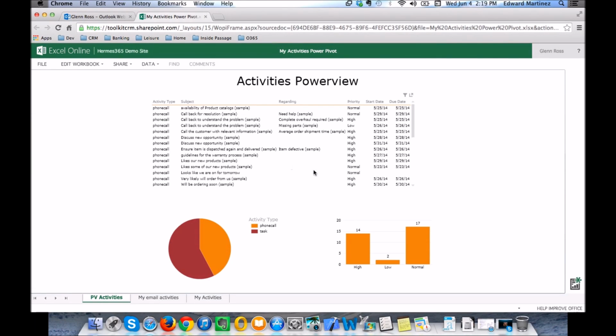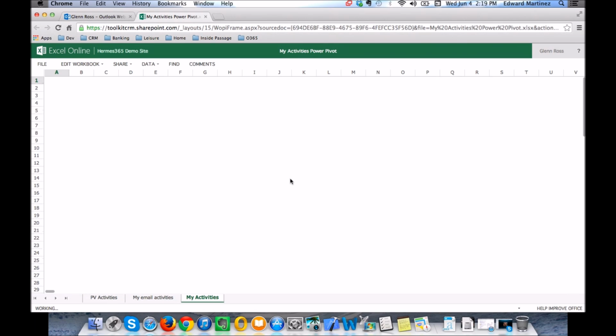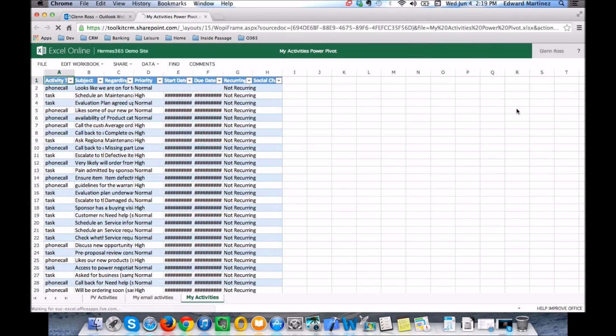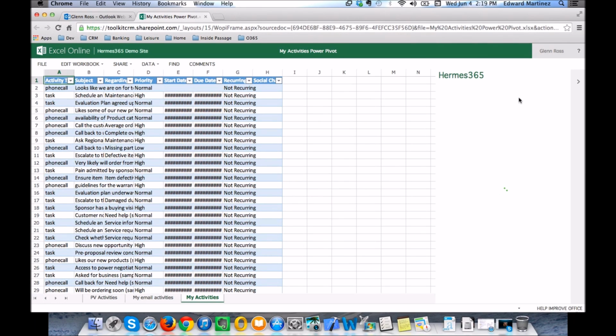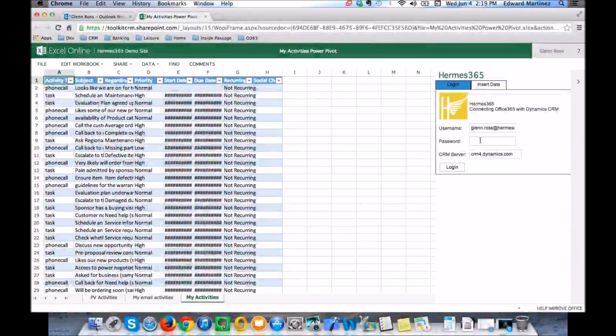Excel Online. All right. Here's PowerView, but it looks like it's got all sorts of funky data. It has all of his sample data, and I guess that's what sample data is good for when you're doing reports. You can get a good idea of what it looks like. I'll log into my Dynamics CRM website